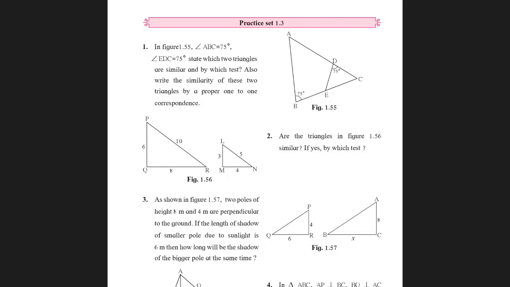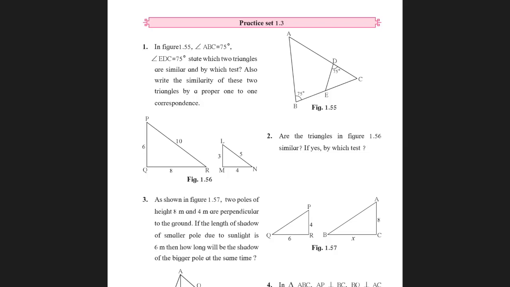There is a common angle for both the triangles, and that's angle C. So if I consider triangle ABC, you have angle ACB, which is congruent to angle DCE. Okay. So in these two triangles, I have two angles which are congruent. One, angle ABC congruent to angle CDE. Second, angle ACB is congruent to angle ECD. Therefore, the two triangles are similar by AA test. So, I have proved the first part of your question. The two triangles are similar by which test? AA test. Now, what is a one-to-one correspondence?